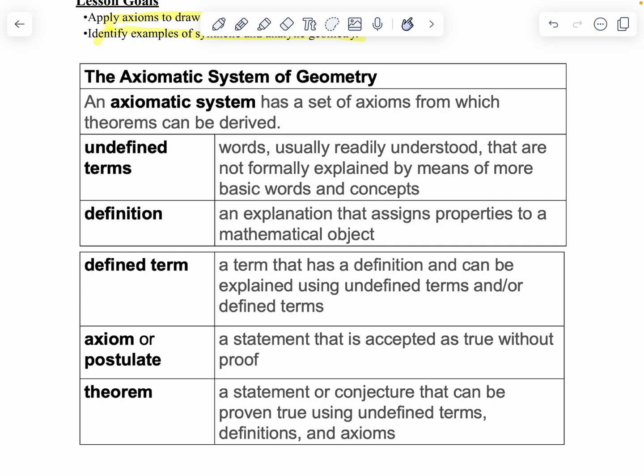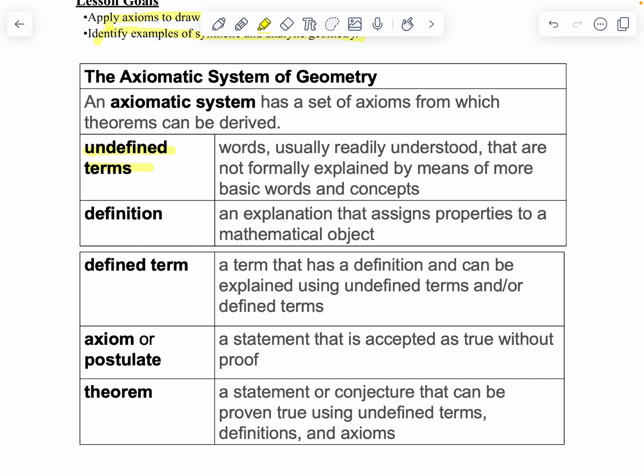It's a set of rules, or axioms, from which theorems can be derived. We'll talk about what theorems are a little bit later, but for right now, it's just a word. We start with our undefined terms. Undefined terms are exactly what it sounds like. We have a common understanding, but we can't narrow it down as compared to a definition that we can apply a property to. We have three undefined terms that we'll talk about